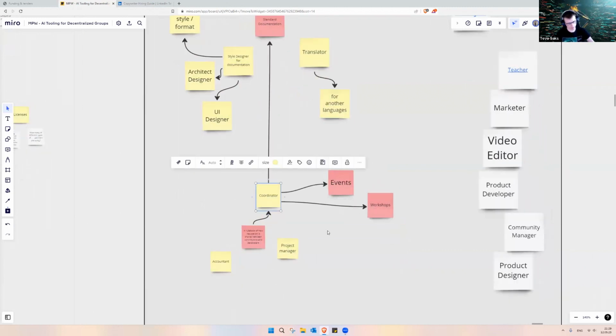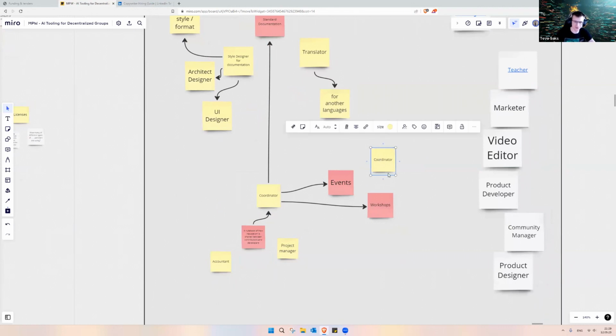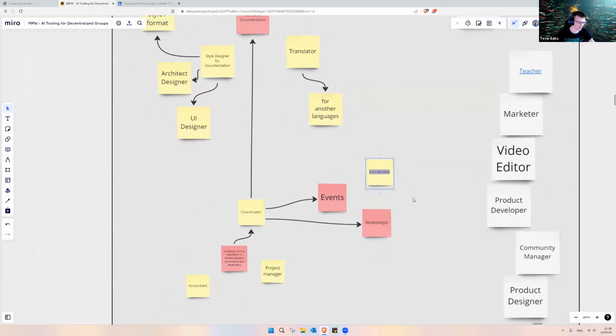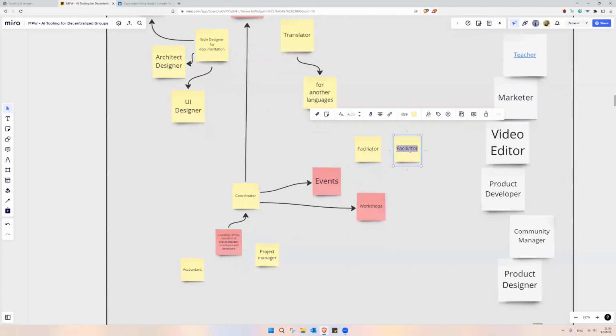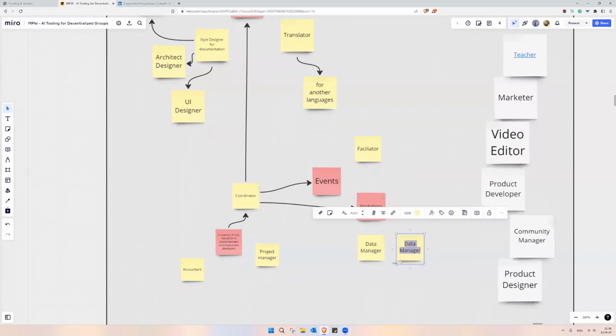Would we say a facilitator, people like me coming together, trying to streamline, push people in a specific direction, answer questions? Yeah. And a data manager, someone to keep track of the people who are coming in and what they are actually responding to.